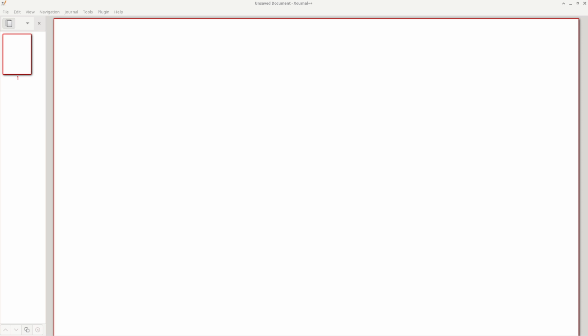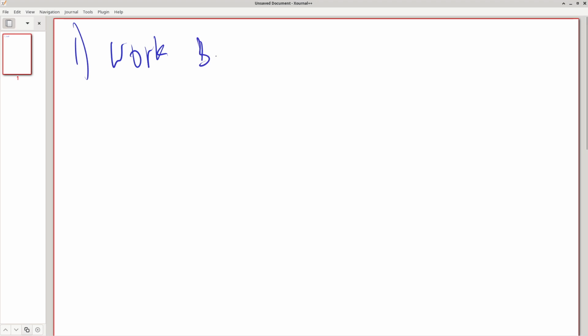First tip is work backwards. So what do I mean by work backwards? Well, this can mean a lot of things to a lot of different people. It could mean writing out your list of requirements, very detailed upfront. It can mean some form of test-driven development where you start by writing your unit tests. But I mean something rather more related to the order in which you attack problems